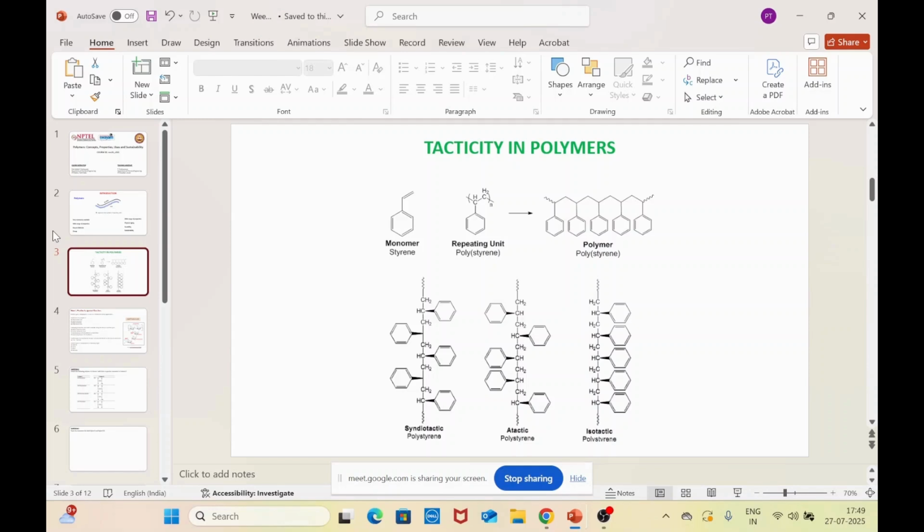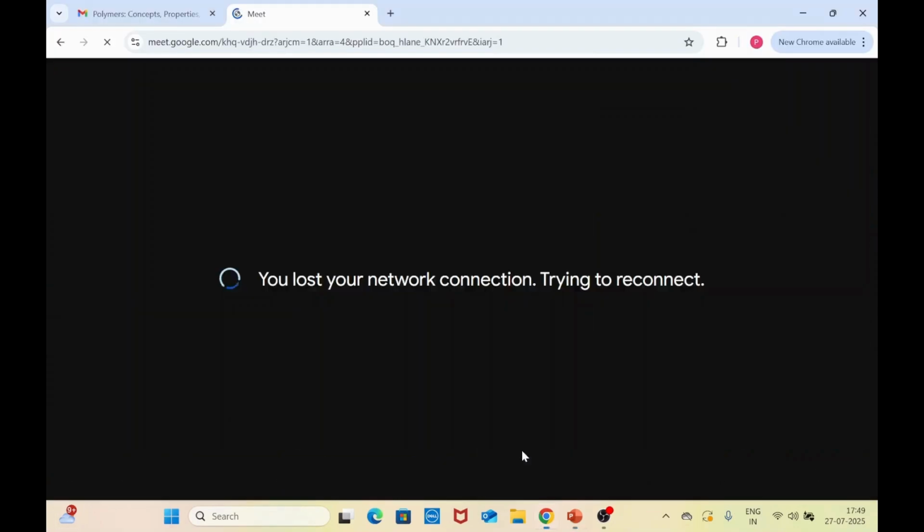Then we come to the last aspect of our discussion. We do have a discussion on molecular weight and its distribution, but that will be discussed as questions. So talking about the sustainable use of polymers, one is its raw material, and another one is its waste management. So after the polymer gets used up, it gets thrown in the form of